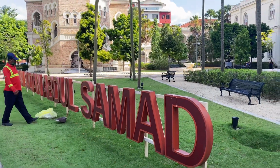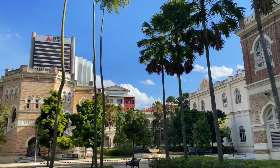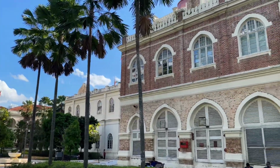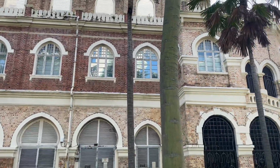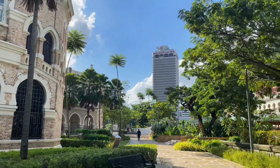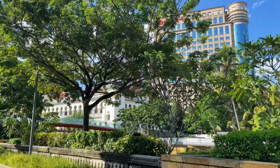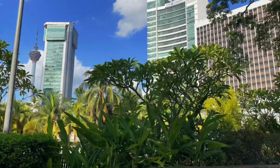So, this is the Sultan Abdul Samad building. It's a late 19th century building located along Jalan Raja in front of the Dataran Merdeka and the Royal Selangor Club in Kuala Lumpur, Malaysia. The building originally housed the offices of the British colonial administration and was known simply as government offices in its early years. In 1974, it was renamed after Sultan Abdul Samad, the reigning Sultan of Selangor at the time when